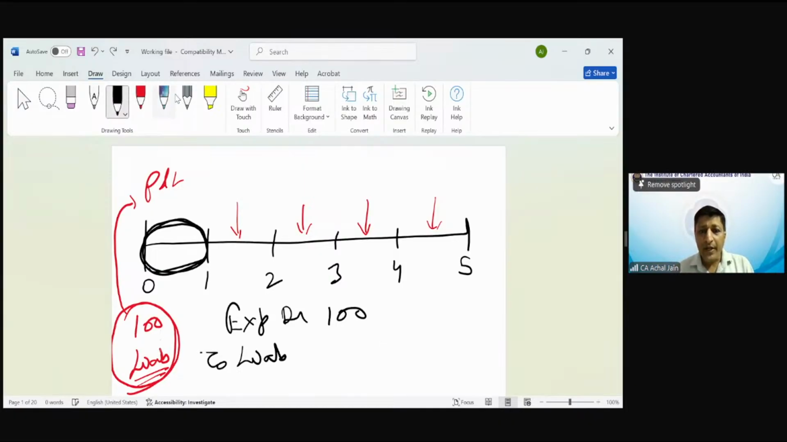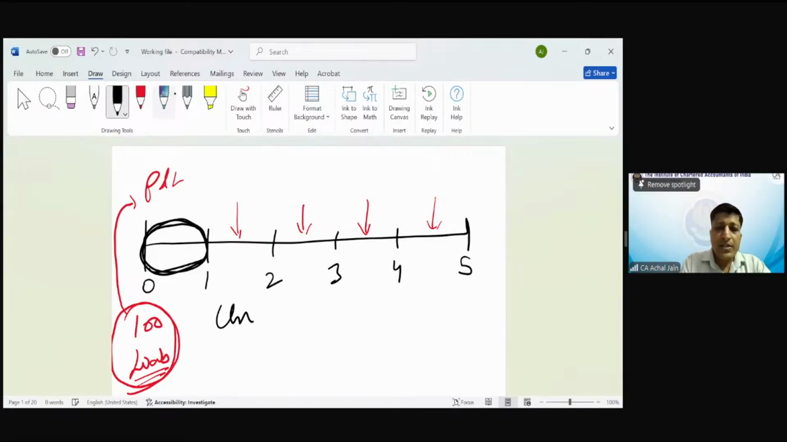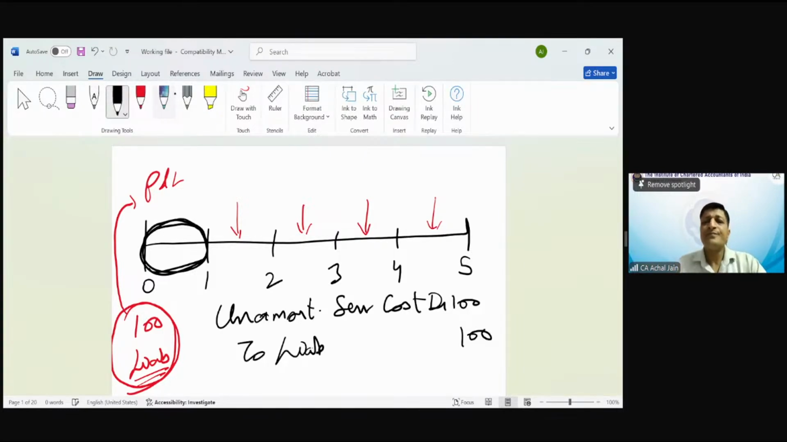You will not record it as expense. You'll say unamortized service cost, debit 100 to liability. Yes or no? So this is what you will do. Correct? Now, in this case, you have recorded this entire liability, but you have not recorded your proportionate expense